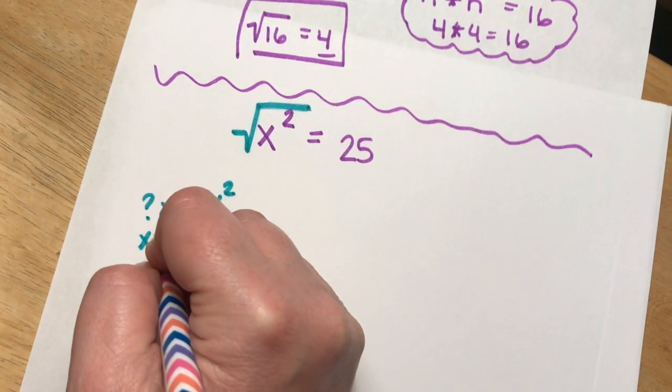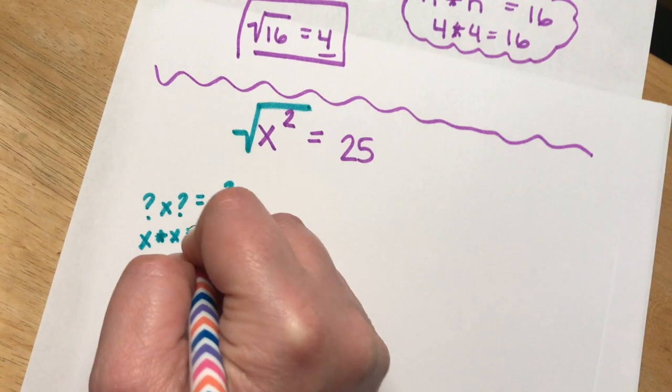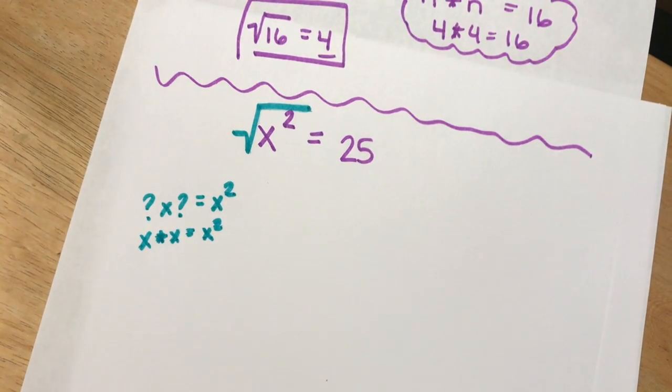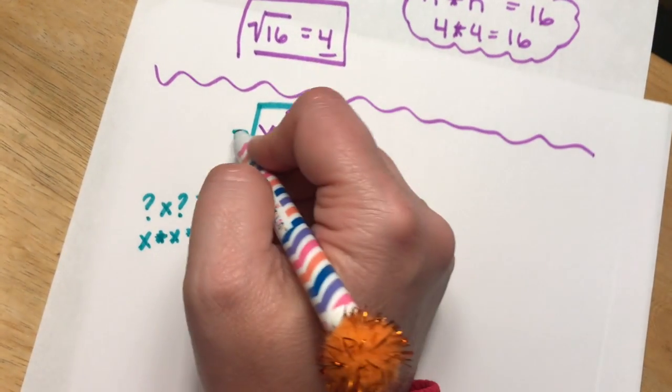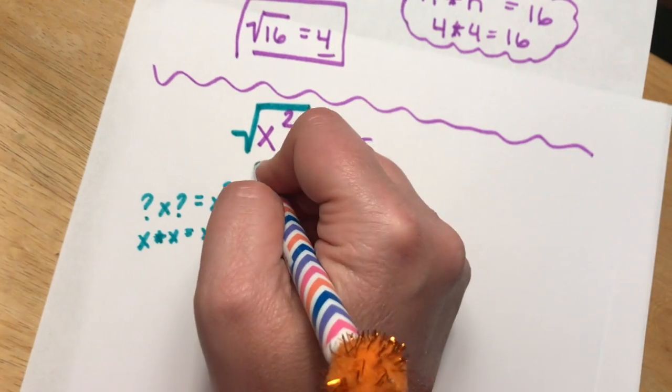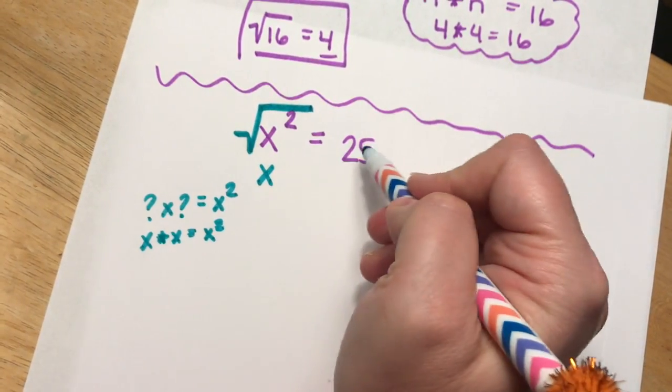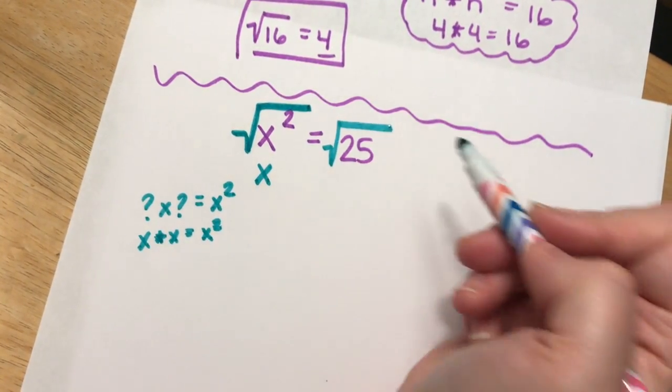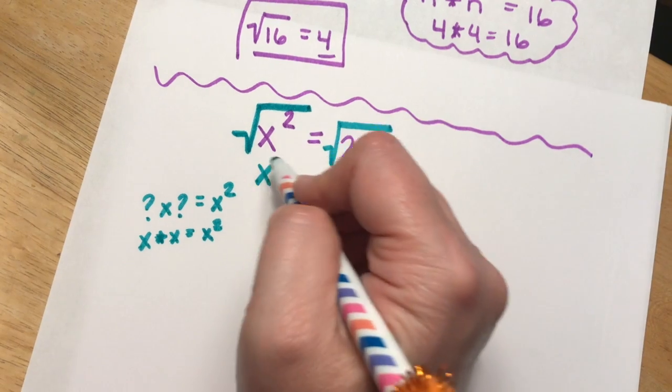I would multiply x times x equals x squared. Does that make sense? So I have to take the square root of this in order to get me to my x. But whatever I do to one side, I have to do to the other. And so